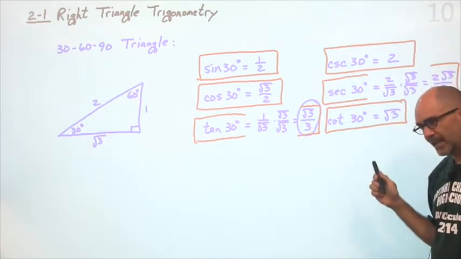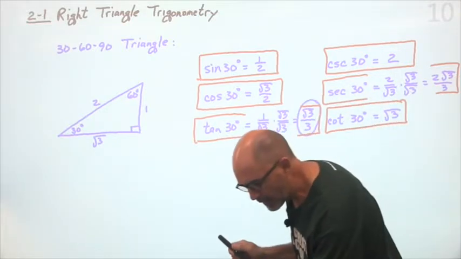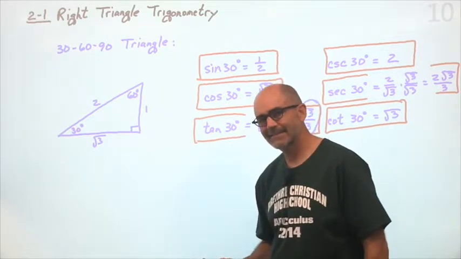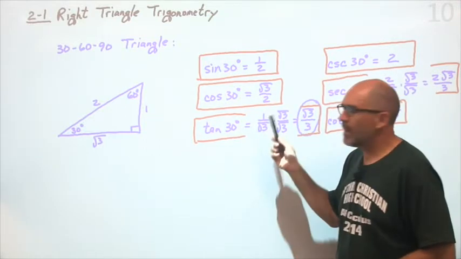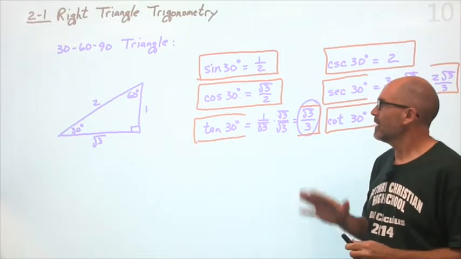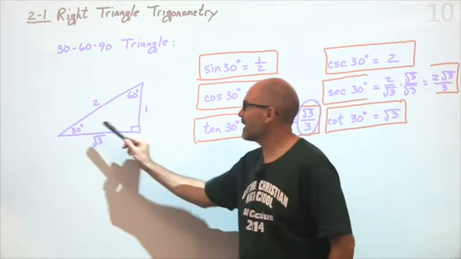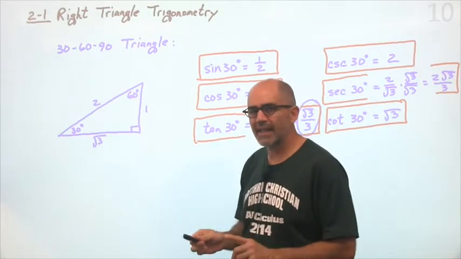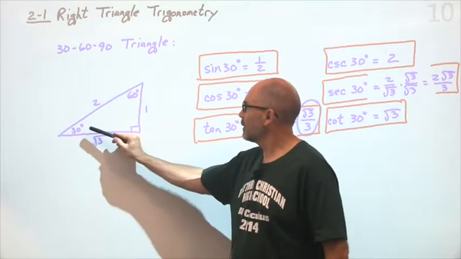It seems to me that this would be a good thing to memorize. That's the smartest thing I've ever heard anyone say about anything. Okay, now, you don't memorize the numbers, you memorize the positions. See, if you did what I told you to do a few weeks ago, and you memorized that sine is opposite over hypotenuse, then when you see the 30, 60, 90 triangle in your mind, then you realize that sine